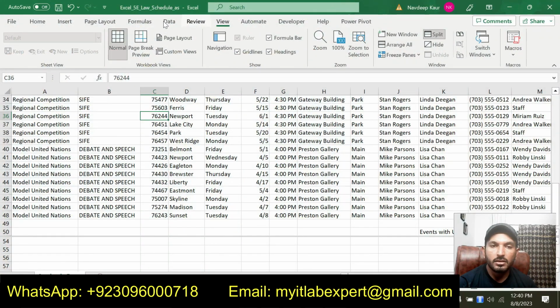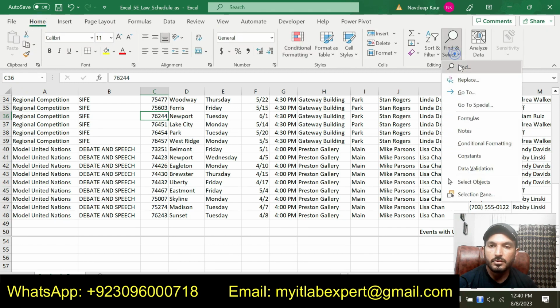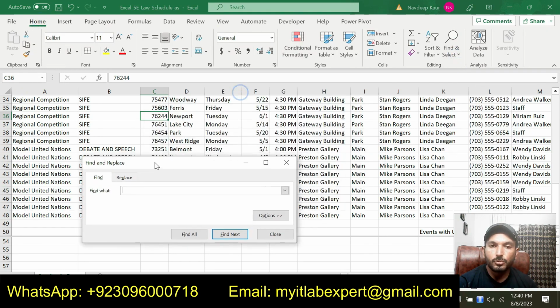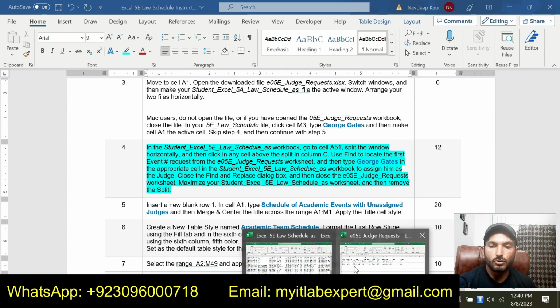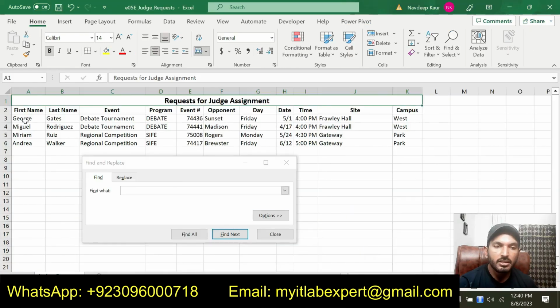So we will use find, and we are supposed to use find to locate the first event number request from the request worksheet and then type George in the appropriate cell in the student law schedule worksheet, assign him the judge. So the first request is George and the event name is debate tournament.